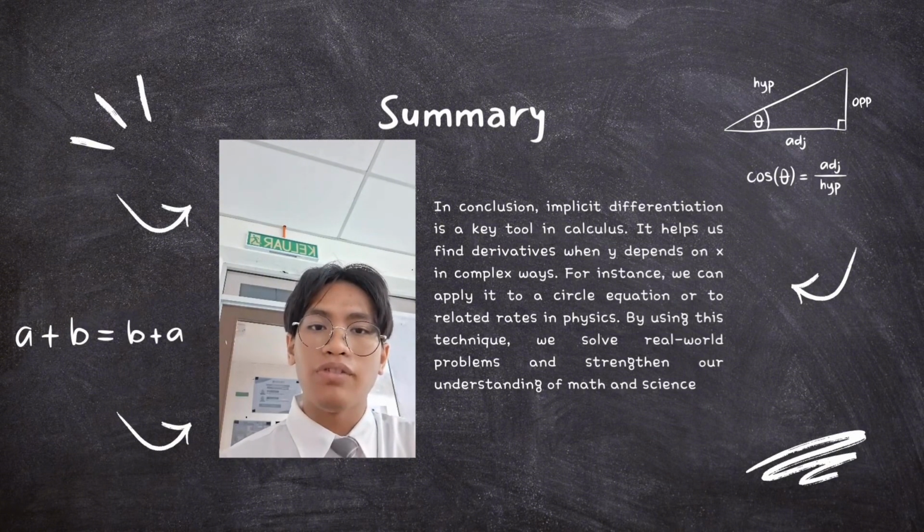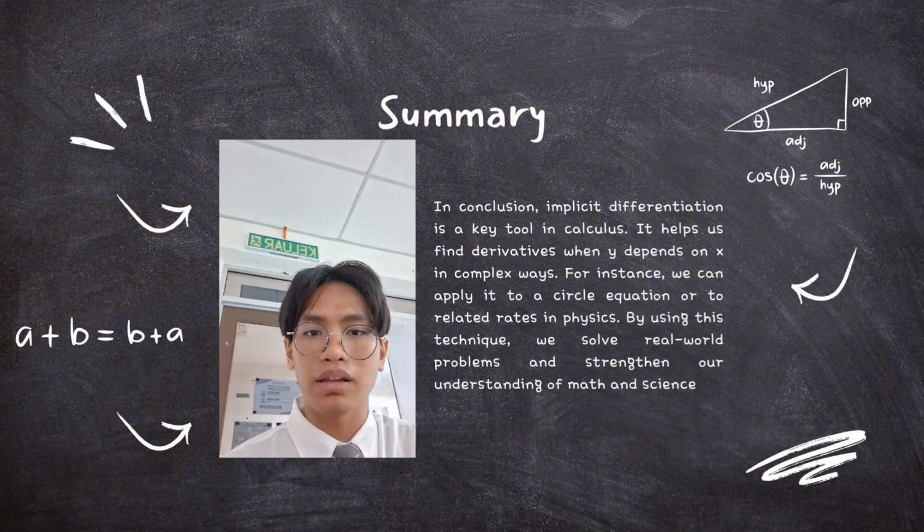Similarly, in physics, when studying related rates like how a shadow length changes as a person walks, implicit differentiation helps us relate the rates of change of different variables. By applying this method, we can solve real-world problems in physics, engineering, and beyond, expanding our ability